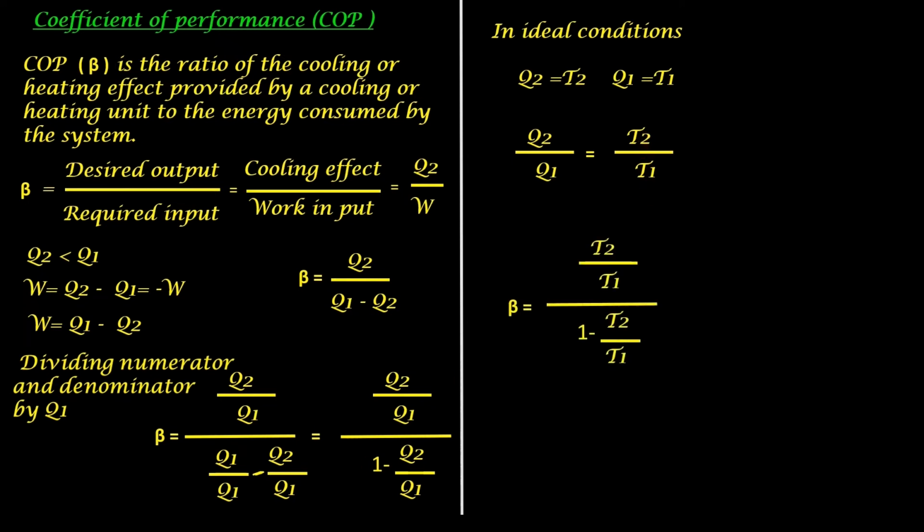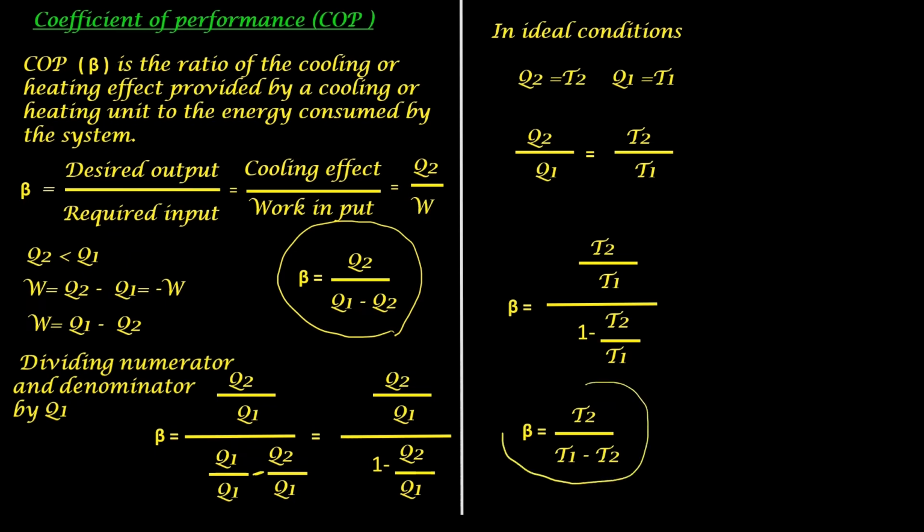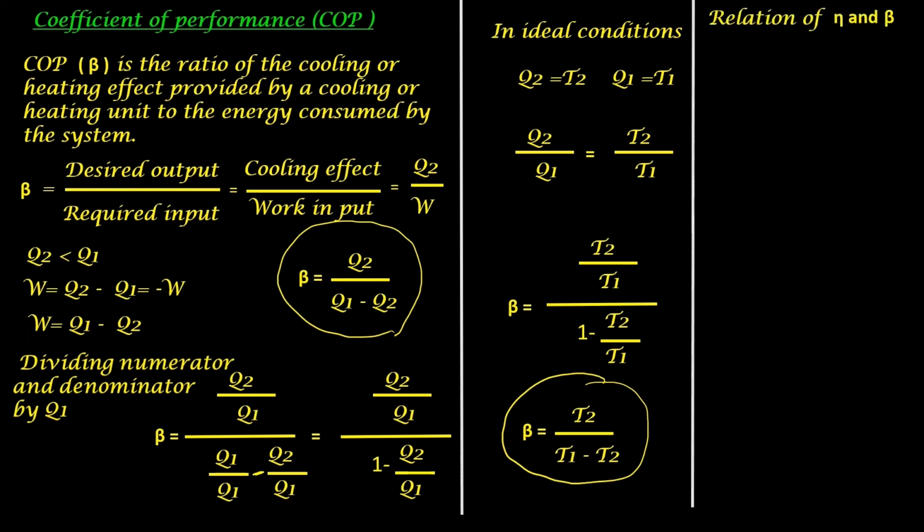So substituting, coefficient of performance beta is equal to, instead of Q2 by Q1, we write T2 by T1 divided by 1 minus Q2 by Q1, which becomes 1 minus T2 by T1. You have an expression for beta here, Q2 by Q1 minus Q2. That will become beta is equal to T2 by T1 minus T2. Now we will see how efficiency eta is related to coefficient of performance of refrigerator beta. But before that,